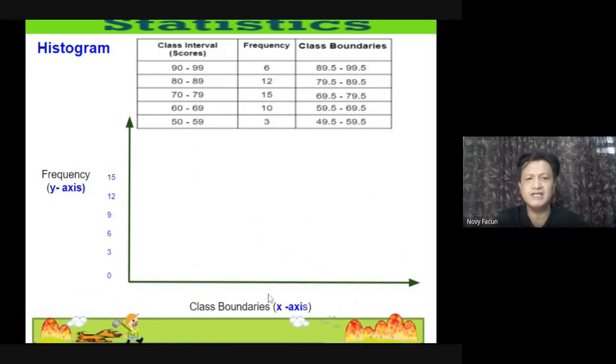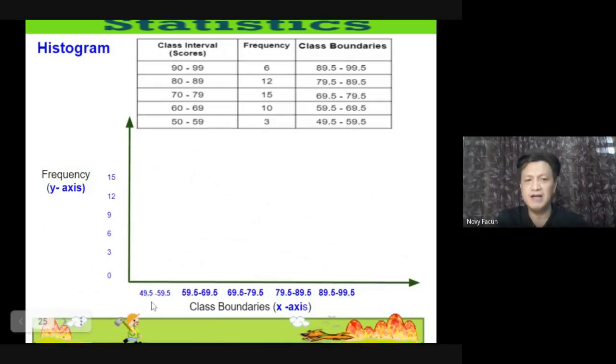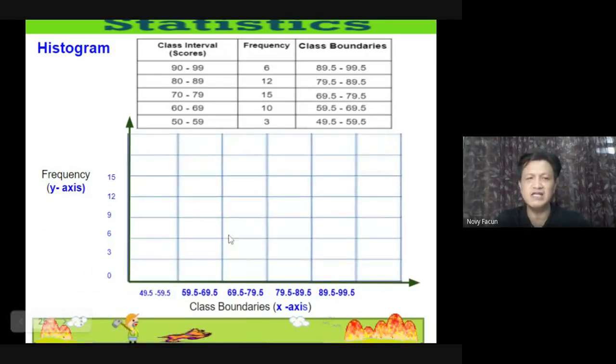Okay, yung class boundaries natin dyan, ili-label lang natin. Kaya this is 49.5 to 59.5. Ito yun, no? Okay, then 59.5 to 69.5 hanggang matapos mo siya. Hanggang yan. Okay, and then mag-add tayo ng grid para mas madali nating ma-plot mamaya. Okay, so after that, we can now draw a bar. Okay, di ba kailangan ang paggawa natin ng bar dyan ay kailangan walang space dapat yan at same yung kanyang